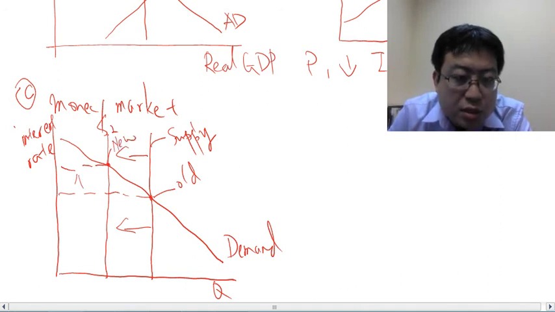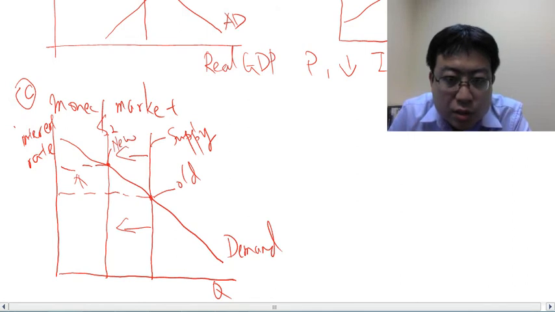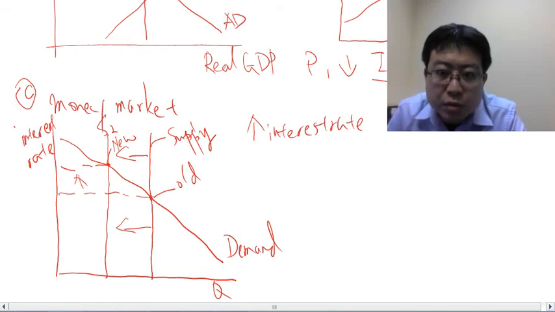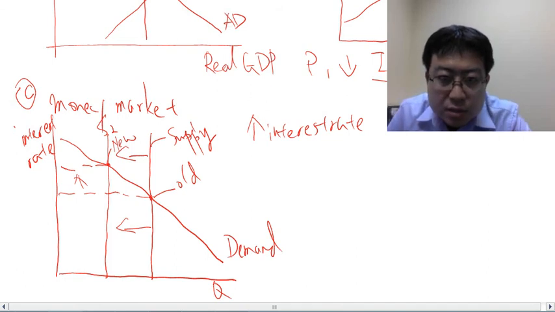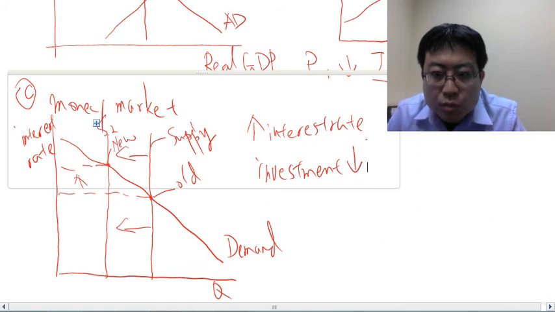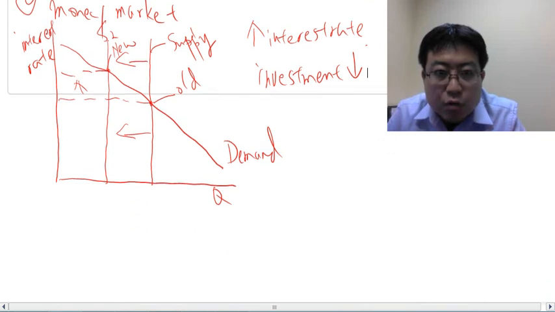So interest rate will be increased. So from our money market, we can show an increase in interest rate, which is in line with our previous graph over there. So both show interest rate will increase. When interest rate increases, our investment will decrease, because a higher interest rate means it costs companies more to borrow money, so companies will borrow less money, so investment will decrease. And our panel D,